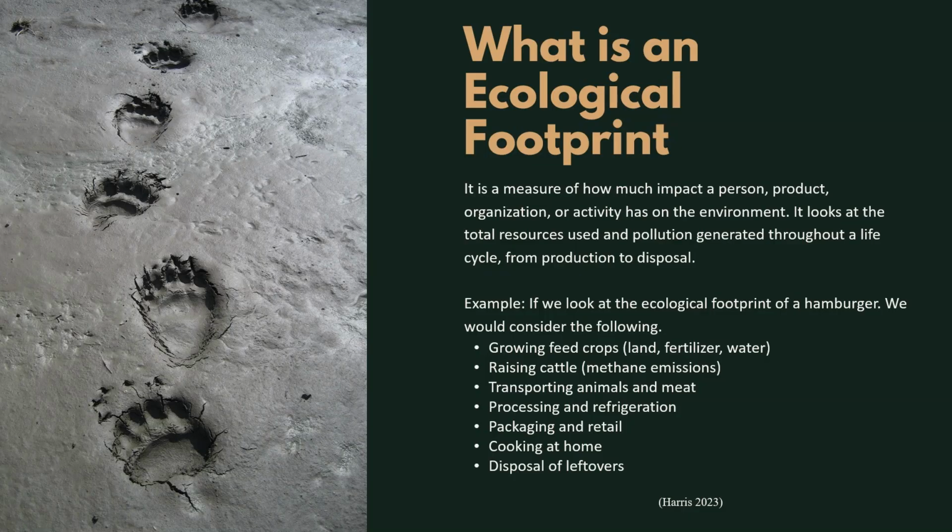If we look at a real world example, let's say we want to find out the ecological footprint of a hamburger. We would consider growing the feed to feed the crops. That would include the crops for all the vegetables on that burger, your tomatoes, your lettuce, your onions. If you want to put mushrooms, that's going to go in there as well. The water required. You also have the water that's required to feed your cattle. Because if it has beef on the burger, you're raising cattle, which is another expense because you also have methane emissions from that.